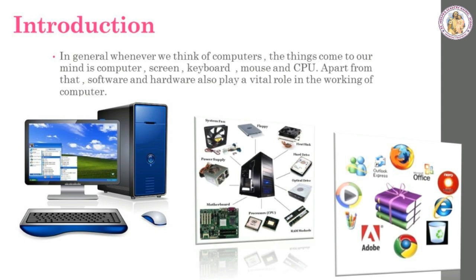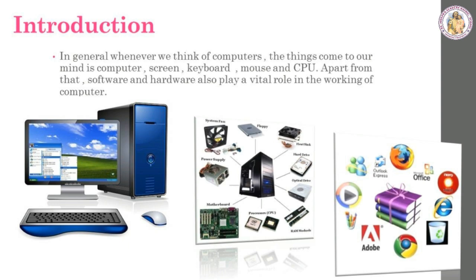Let's refresh it. The commands and programs that are used in computers are called software. This software can be divided into two types. One is operating software and another one is application software. And what is operating software? Software that is used to operate the computer is called operating software, like Windows and Linux.